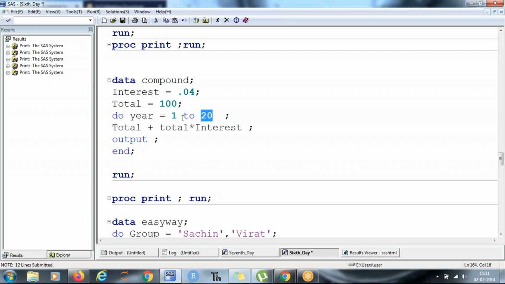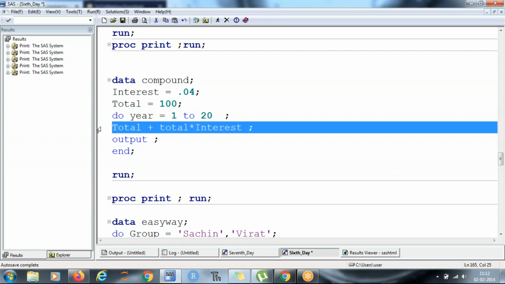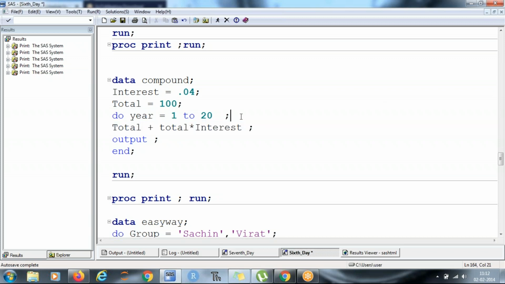So it will check whether year is within the range, and then realize this condition is not true. However, at that point in time, the value of year has changed to 21. So year's value will remain 21. However, the output will not change because the code will terminate here as the condition is not met.